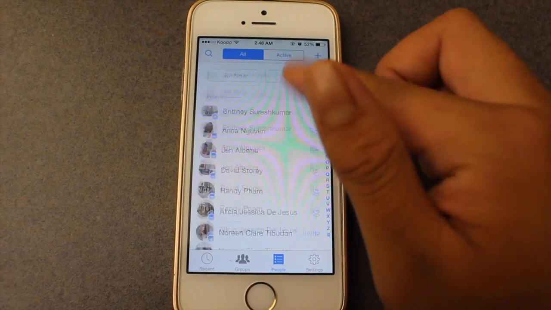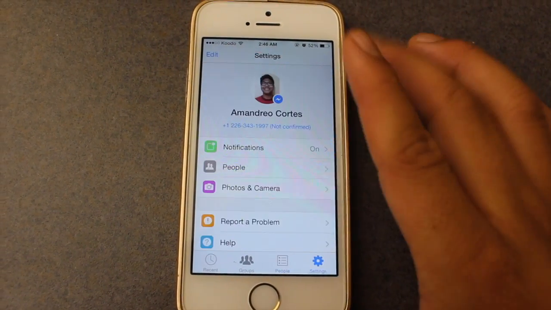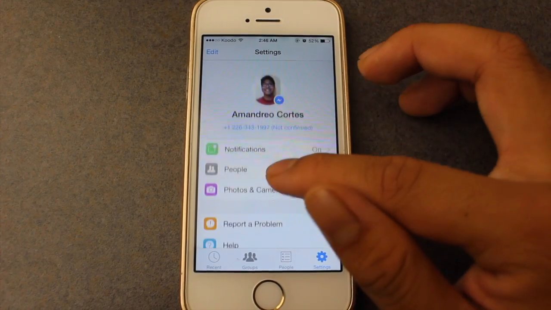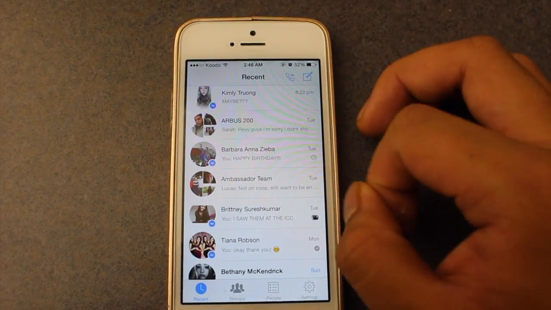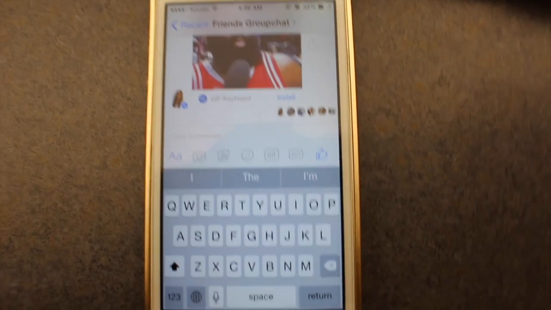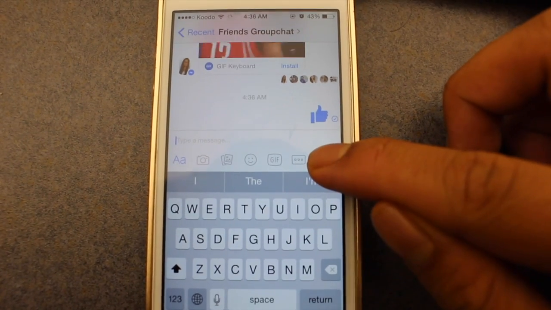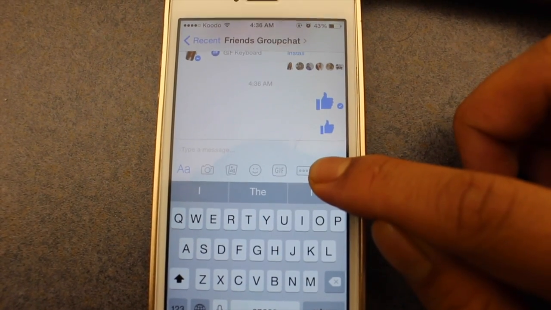UX is how people feel when using the app, and with this app, I feel content. It creates engaging experiences like drawing on pictures and sending GIFs and emoticons. This forges a relationship. My user journey in the Facebook Messenger app is excellent, but it still needs a few updates.